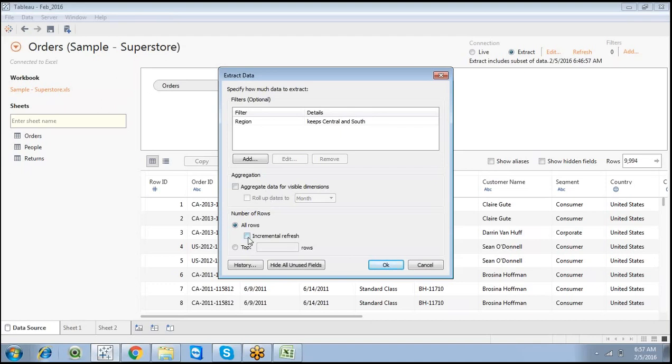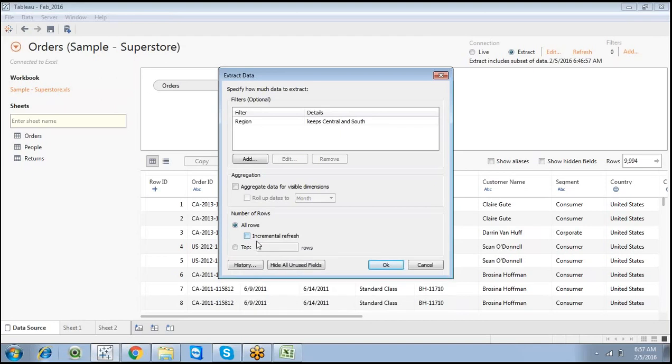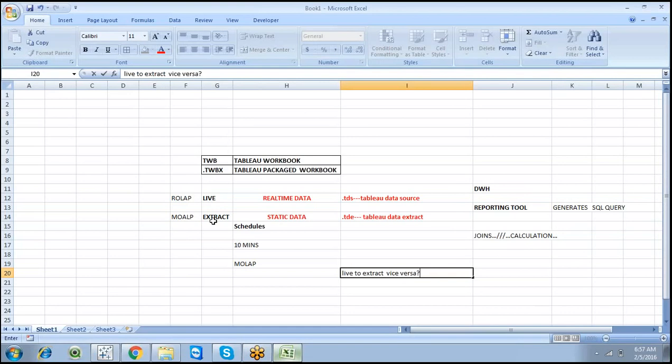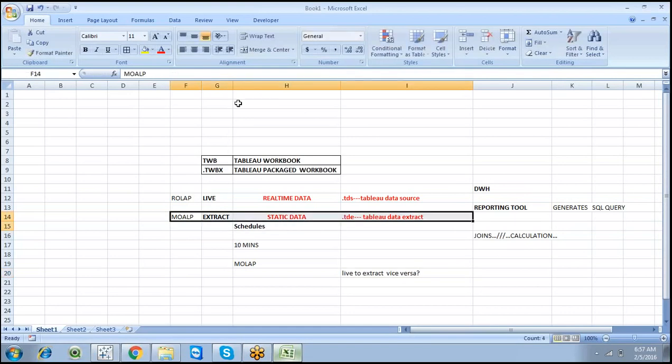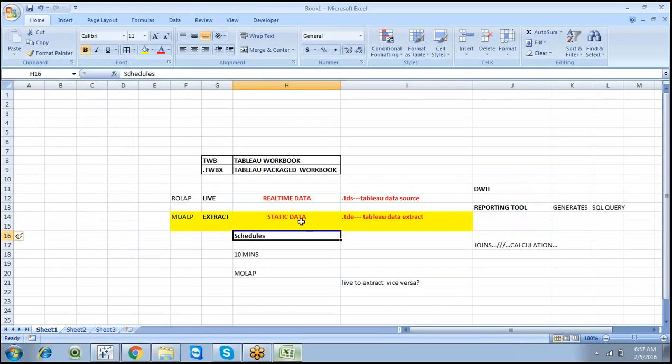But we have an option called incremental refresh. We already discussed that extract is a static database, right? When we are working with a static database, I want to insert a new column, I want to insert a new record in the backend.